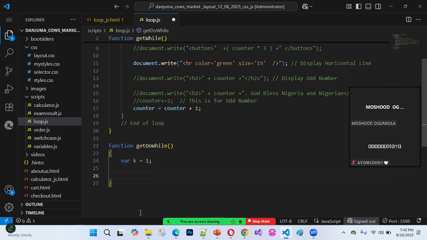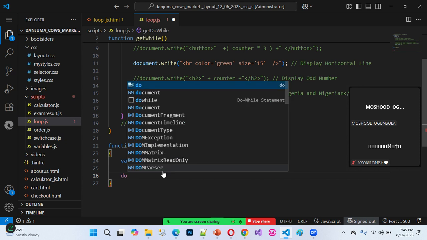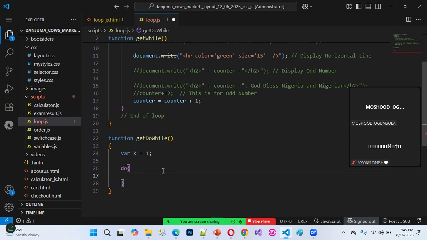And I want this code to perform the same task we performed with the while loop here, to print the horizontal rule again. While loop displays a horizontal rule in green color. So with a do while loop again, you can perform the same task. In the do while loop, I will now say do, that is going to be document